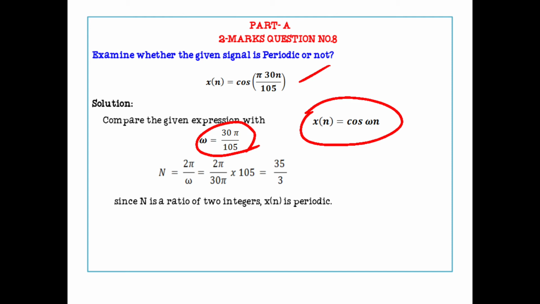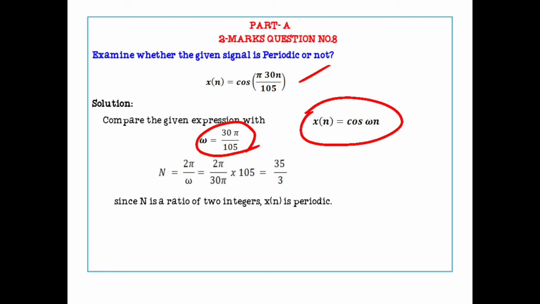Okay, so what is omega? Omega is equal to 2 pi f. So what is the fundamental period? N is equal to 2 pi by omega. So instead of omega you write 30 pi